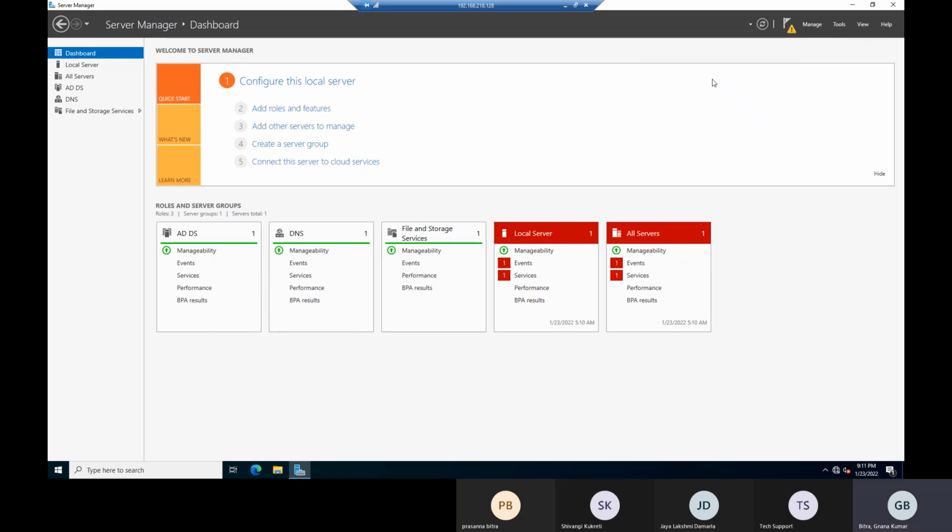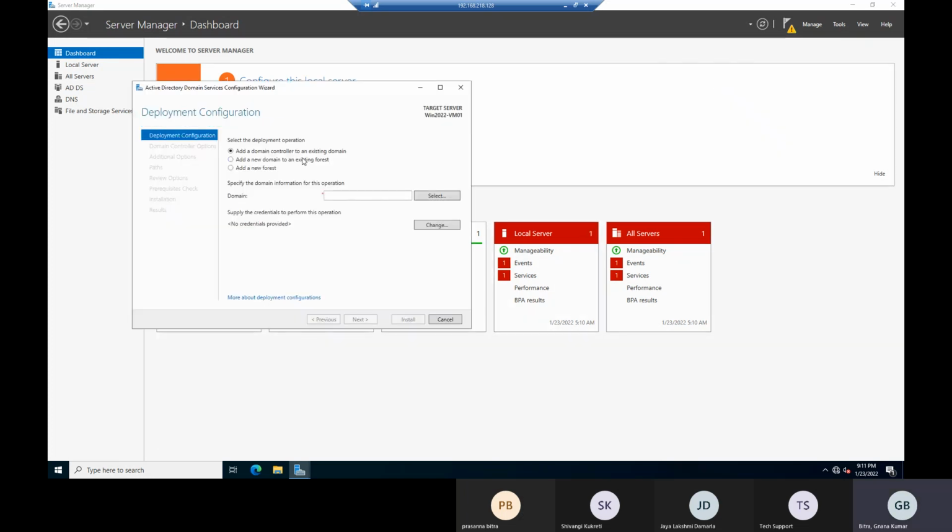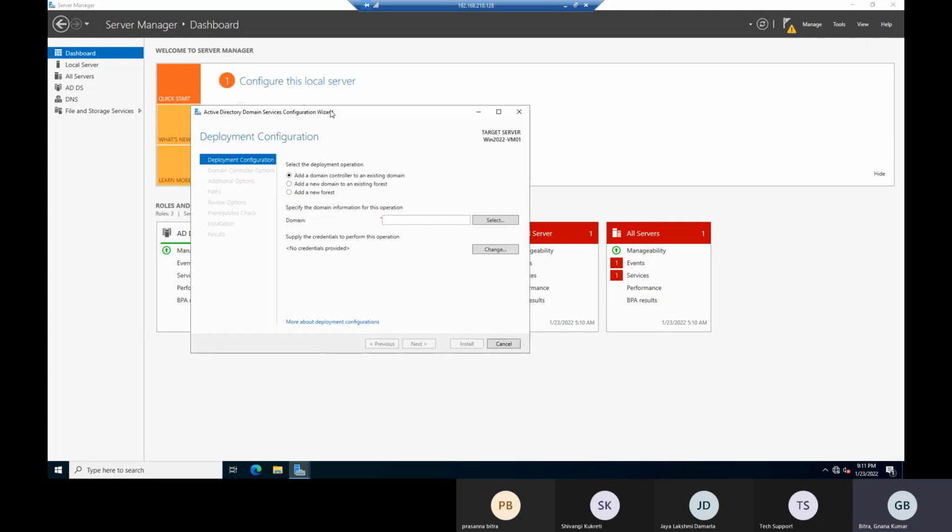When you click here, we'll see the warning message. See deployment configuration: add a domain controller to an existing domain, add a new domain to an existing forest, or add a new forest. Currently, we haven't configured any domain name, so we have to configure the domain name now. Domain name should normally be the company name. If your company is HP, we will configure it as hpe.com or something. So for testing purposes, I'm just configuring